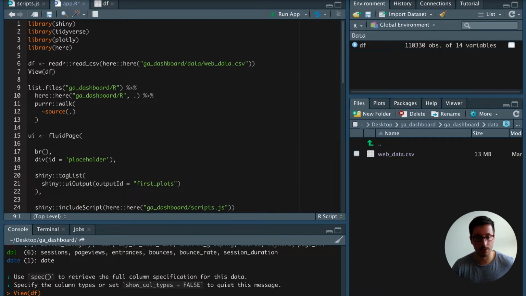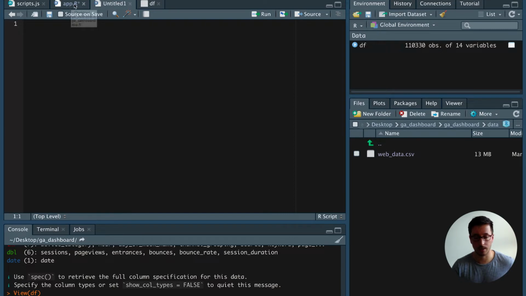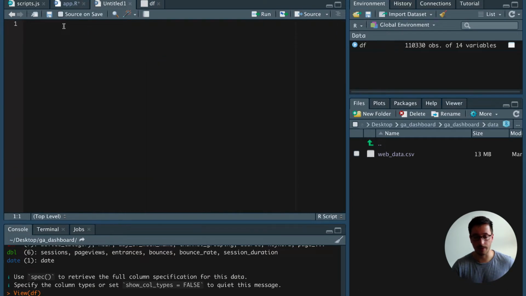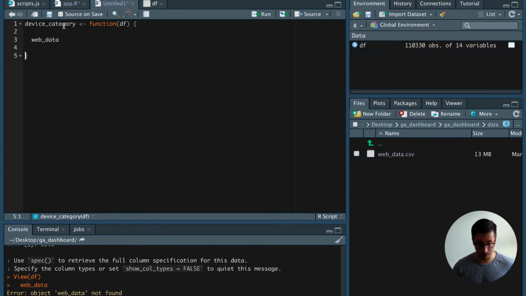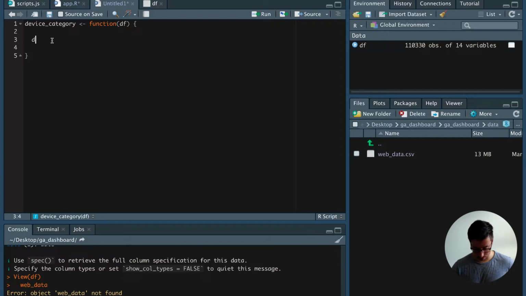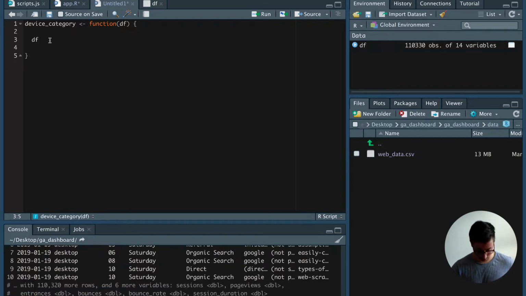So for this we're just going to create functions for every graph. So we have an R script, and what we can do is the device category first. So we say device category, we have a function, and that function just takes the data frame. So for now it's going to be web data. Oh, I called it df. Okay, it's going to be df, and then